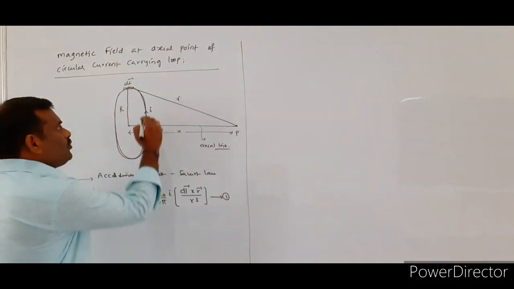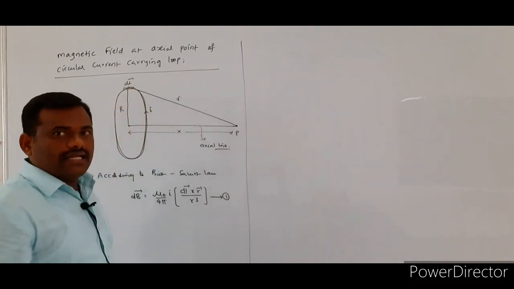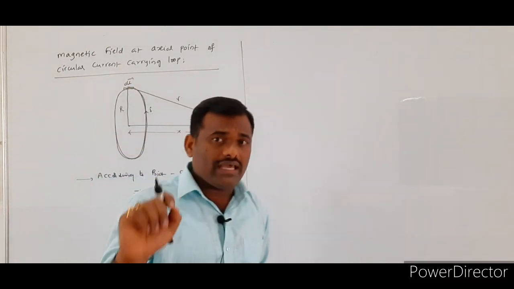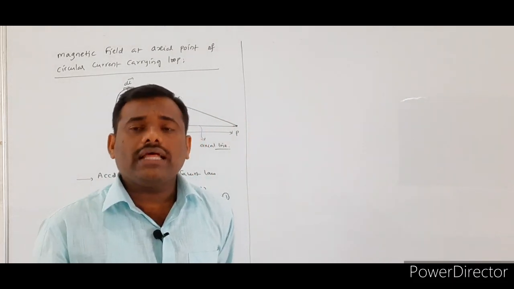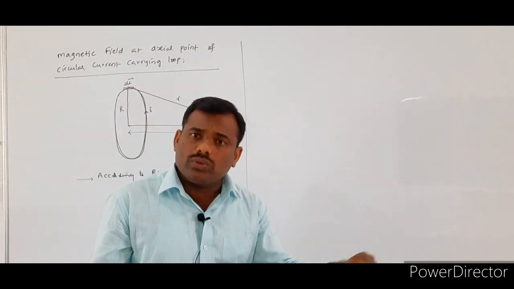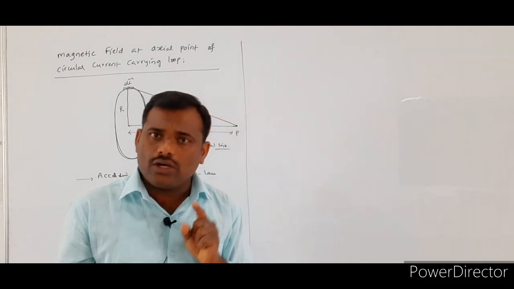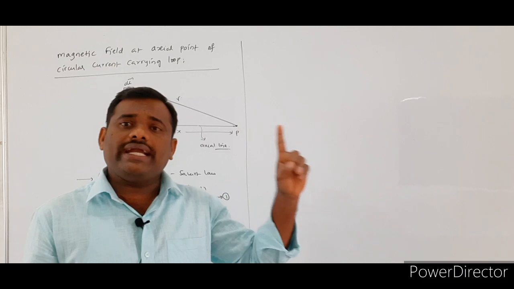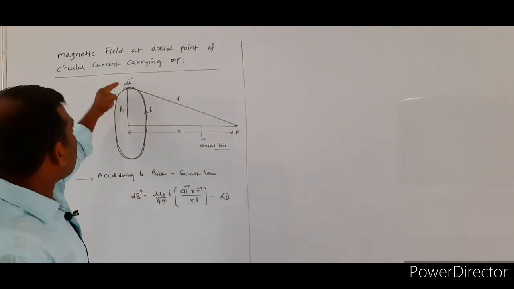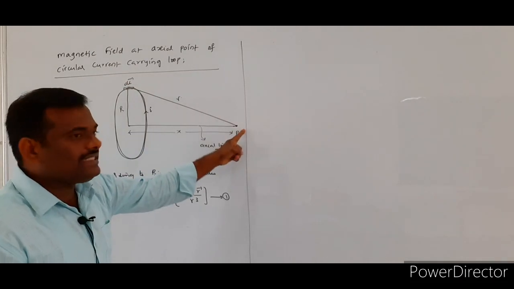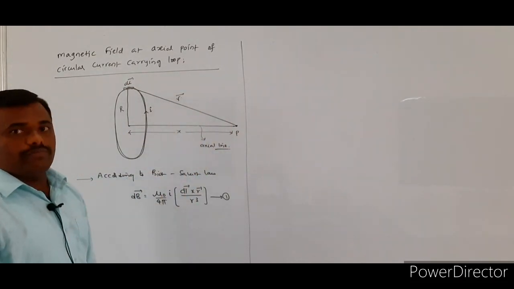Now, if I amount of current is flowing through the loop, the same amount of current is also flowing through the small element. What is the small I? I is indicating the current which is flowing through the circular loop. The same amount of current is flowing through the small element dl. Now, from the element dl to the point P, I draw the position vector which is indicated with r bar.